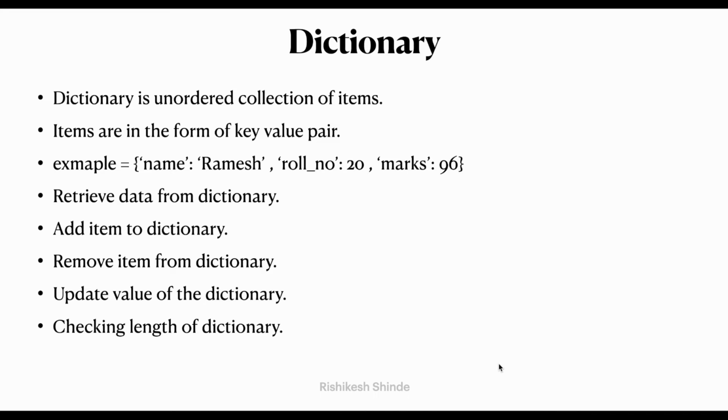So let us understand the dictionaries in Python. So what is dictionary in Python? Dictionary is an unordered collection of items in Python. The items present in the dictionary are in the form of key-value pairs. So each item will have its own key and then its value, and the key-value pair will be separated